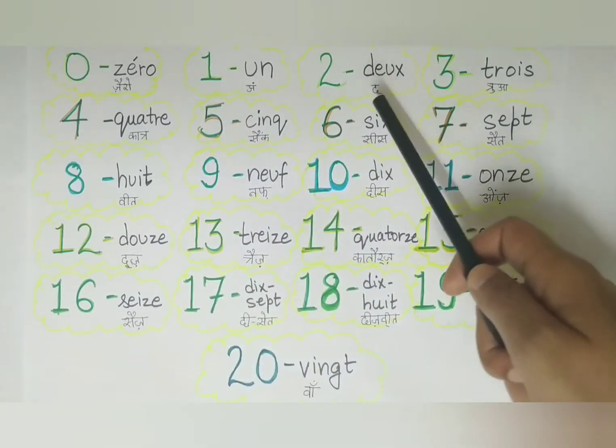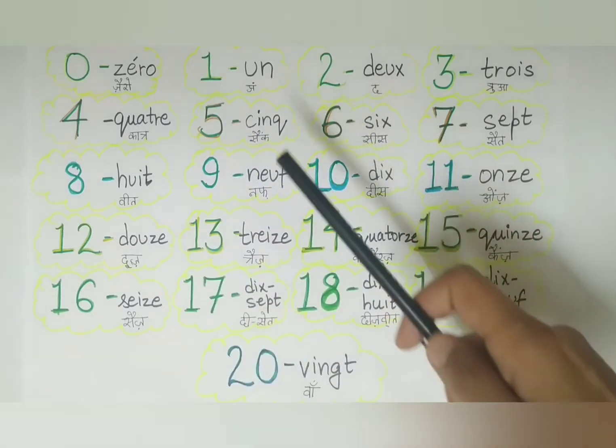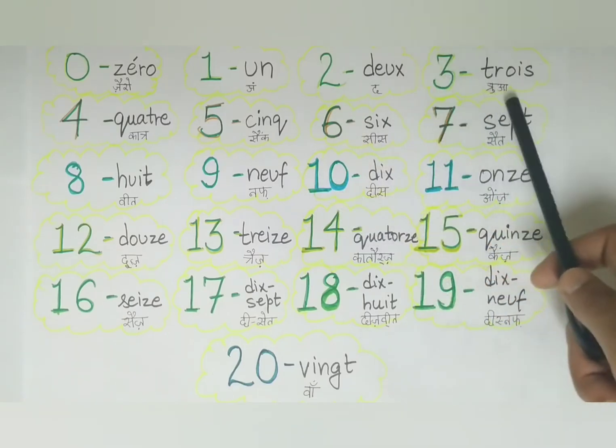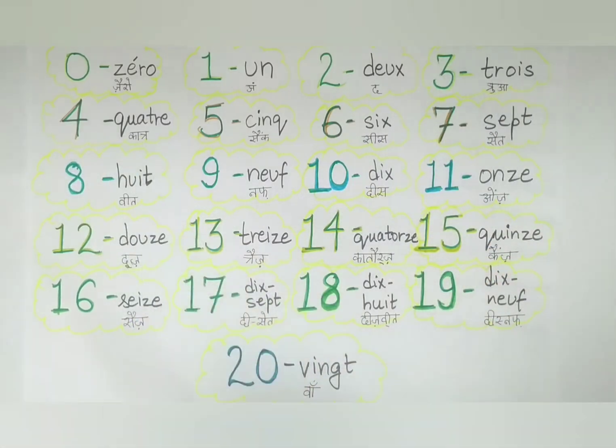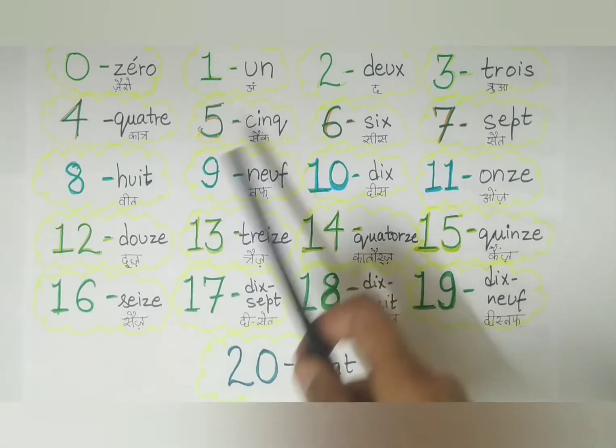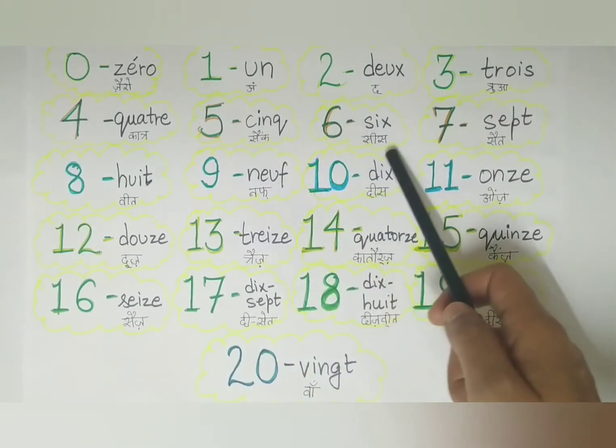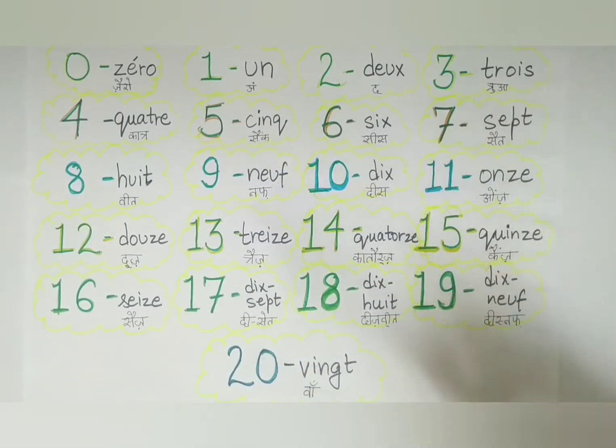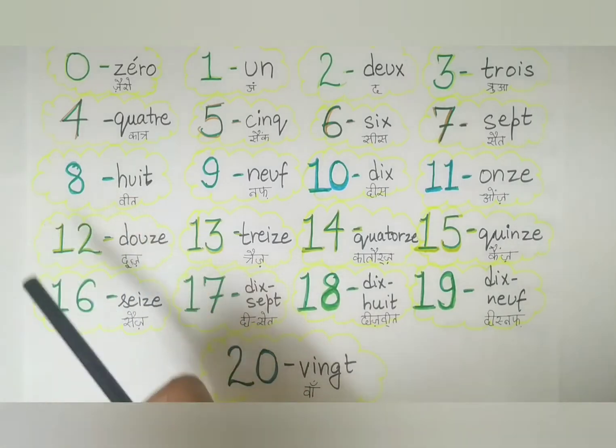Then we have deux, trois, quatre, cinq, six, sept, huit, neuf,